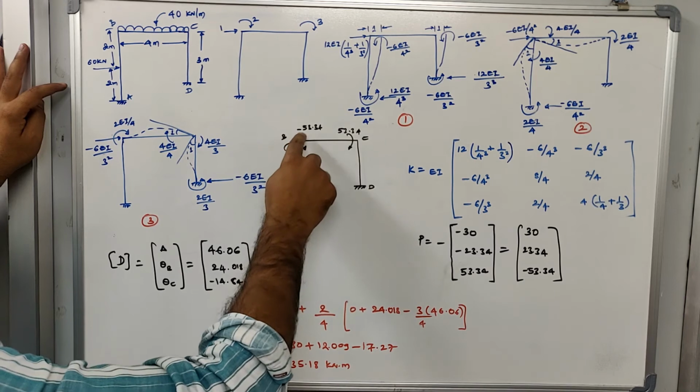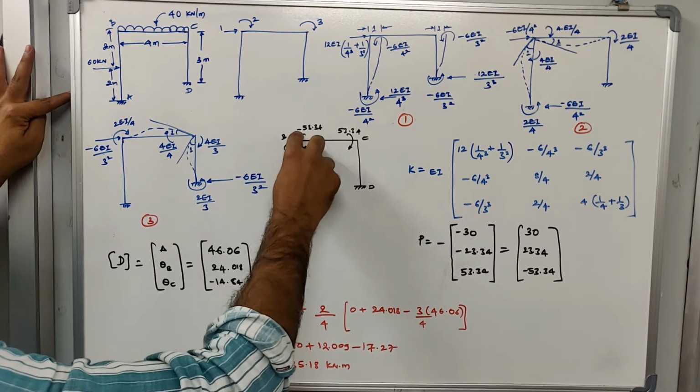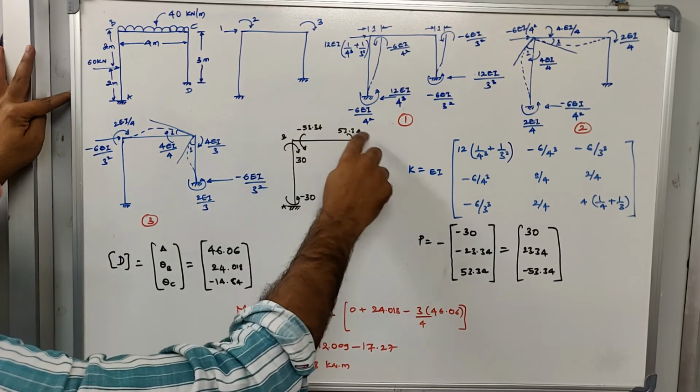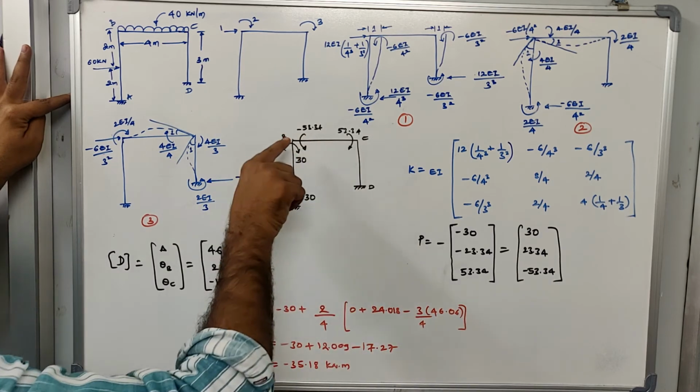Now for example, if I want you to calculate the force along the second coordinate, you take the sum of 30 minus 53.34, and it will give you the force along the second coordinate. At the third coordinate it is 53.34. So what is to be written along the first coordinate?